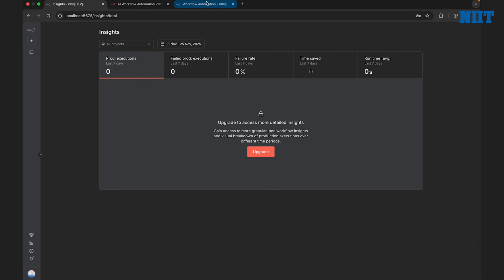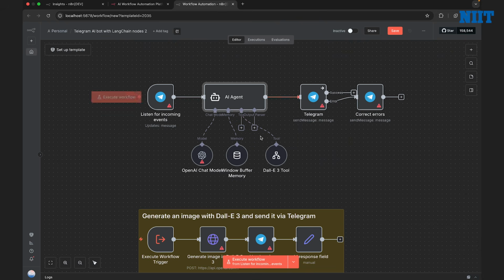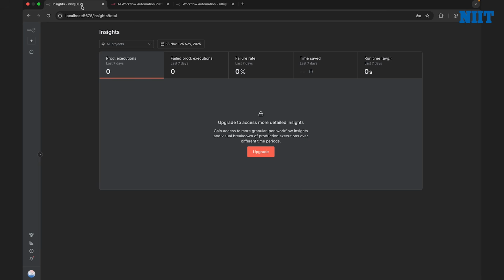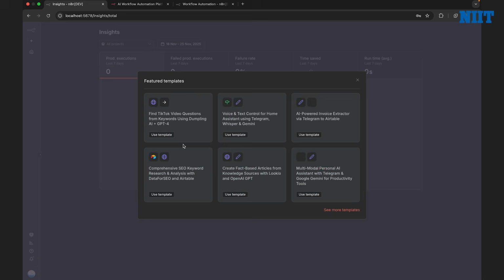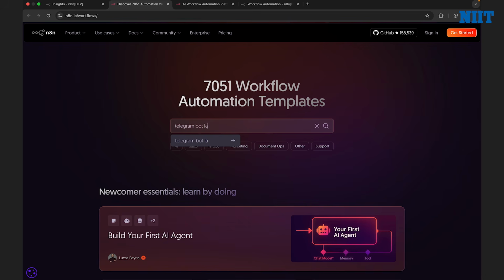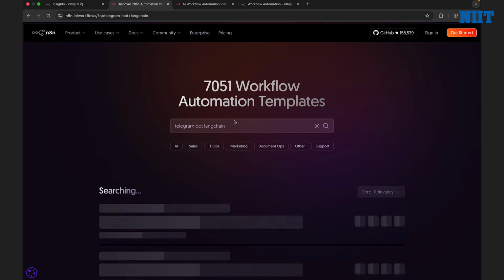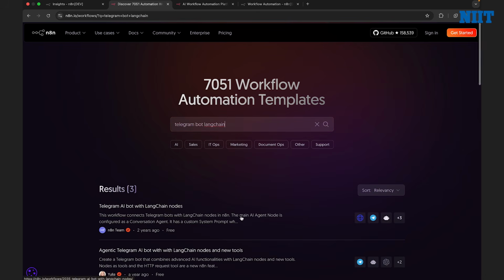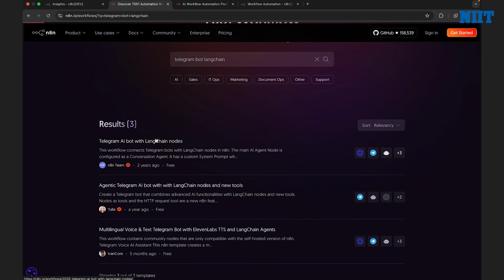So I'll just give you a glimpse of the workflow that we have right now. This is the workflow, and we are not recreating the automation step by step today. Instead, inside n8n, you just go to your templates tab over here, then go on to see more templates, and then just type Telegram bot LangChain. And you can find the exact similar workflow that I currently have right now. Then I'll just click on use it for free,